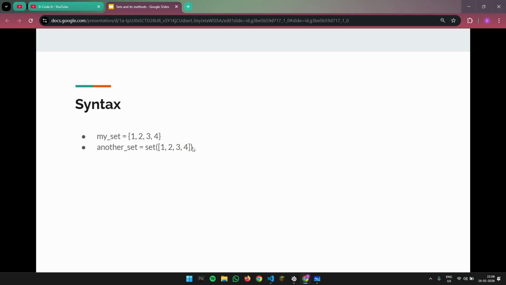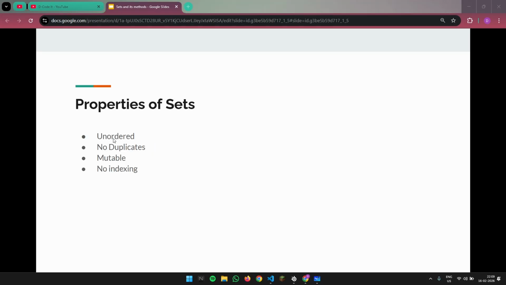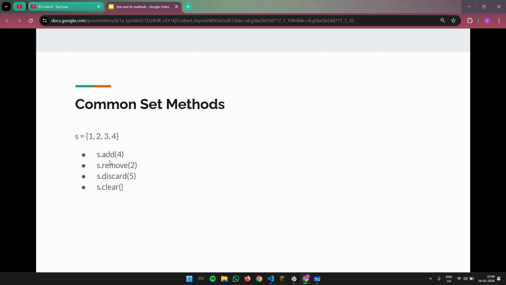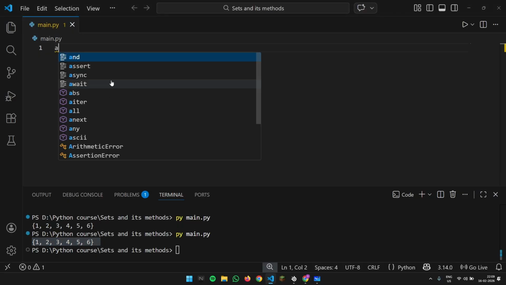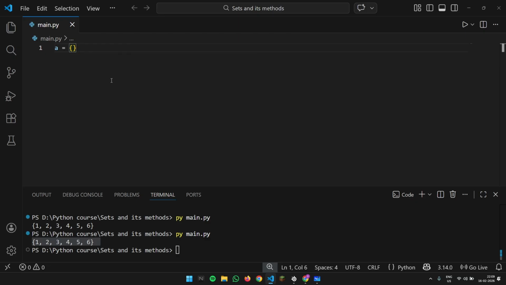So the next thing we'll be discussing is the properties of a set. What are the properties of a set which we declared in our VS Code? We already know one of the properties, which is that it would only contain unique elements and nothing else. So properties are as follows: unordered, non-duplicates, mutable, and no indexing. Unordered and no indexing basically mean the same thing. When I was researching for this video, I found out that sets used to be ordered, but after, I guess, Python version 3.7, they removed all the ordering from sets. Now the set which we are using is unordered,